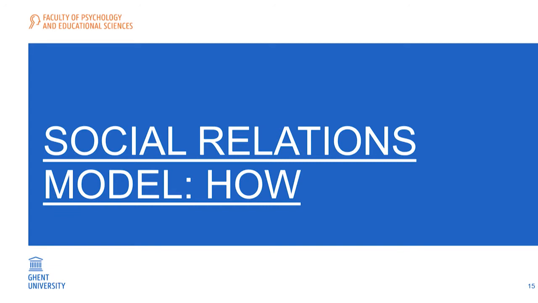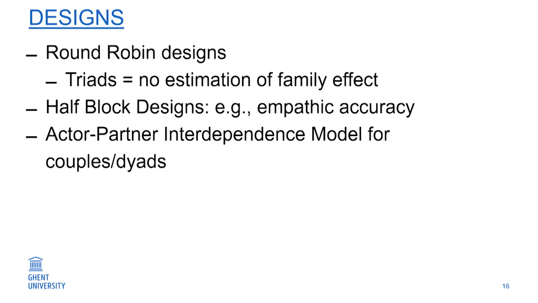So it's really studying interdependence and then seeing on different levels why people behave or think or feel in a certain way towards someone else. How we do that? I talked about round-robin design, so the easiest way to do that, but I mean on a model level, but not in practice, is that you have 4 people and that you ask everyone about everyone. Yeah, that's a round-robin design.